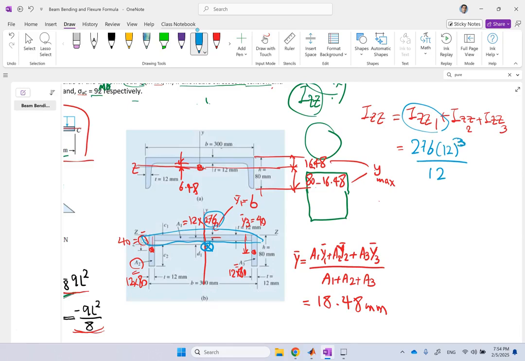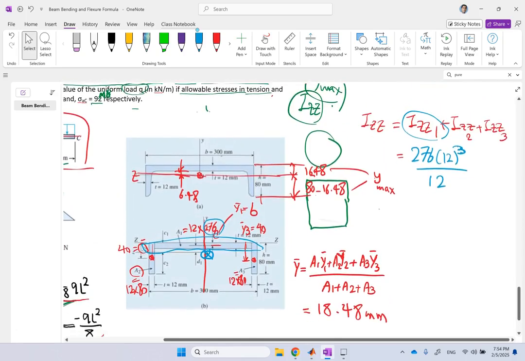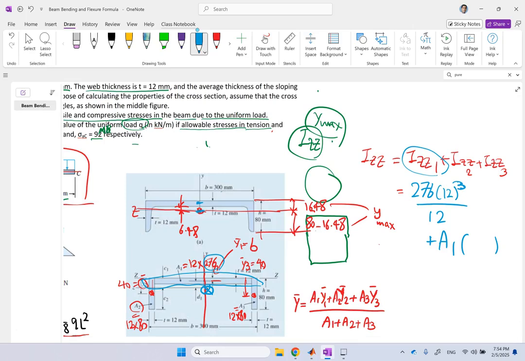This is the bh cubed over 12, for its own centroid, plus the area of it, A1, times some distance squared. What distance? The distance between the centroid of this A1 and the actual centroid. Now this is 6, that is 18, so that is going to be 12.48